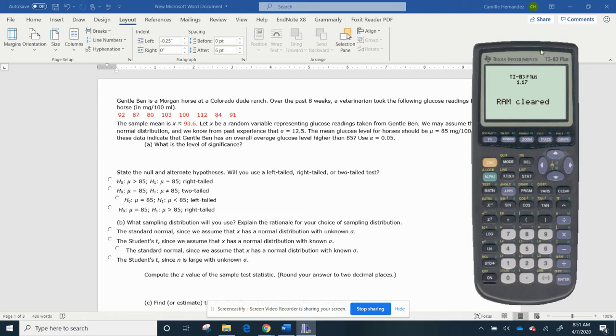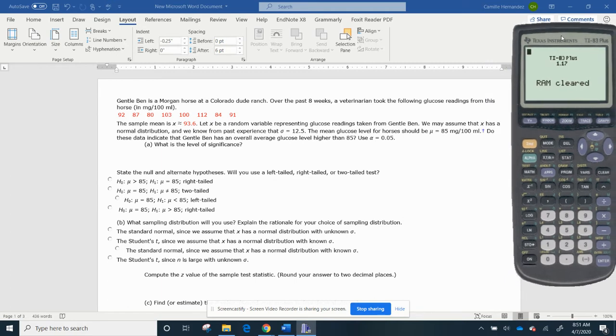So for 8.1, we're looking at what's called a z-test. And the reason it's called a z-test is because we're using the z-table. So let's take a look at this problem and see what we can find out. Gentle Ben is a Morgan horse at a Colorado dude ranch. Over the past 8 weeks, a veterinarian took the following glucose readings for this horse,